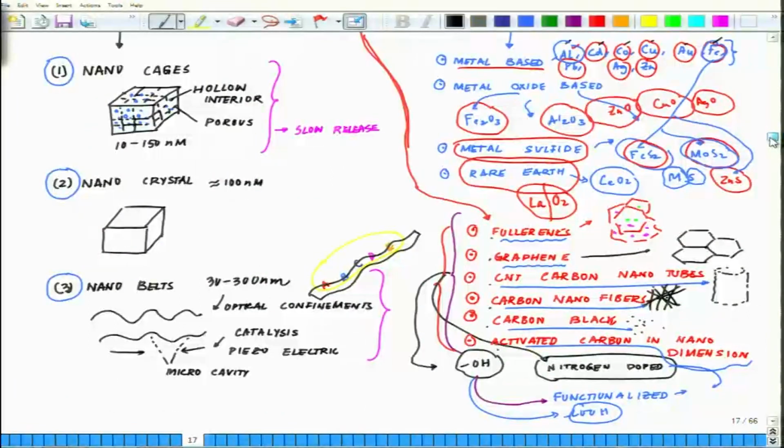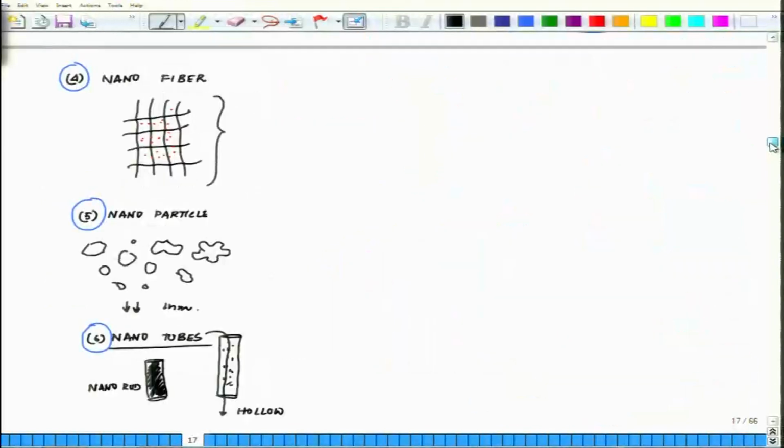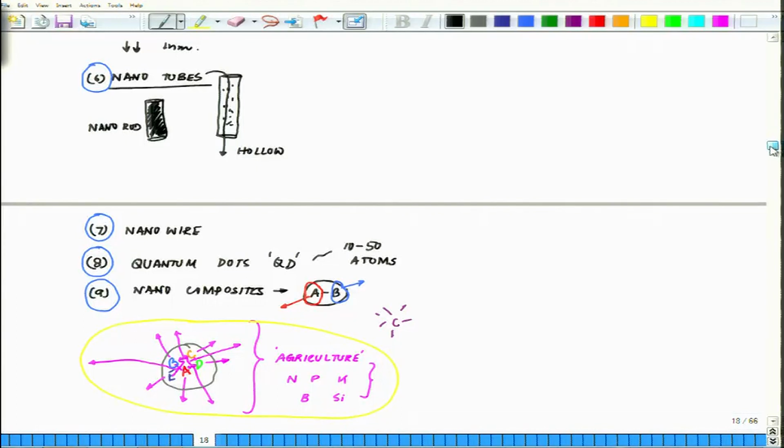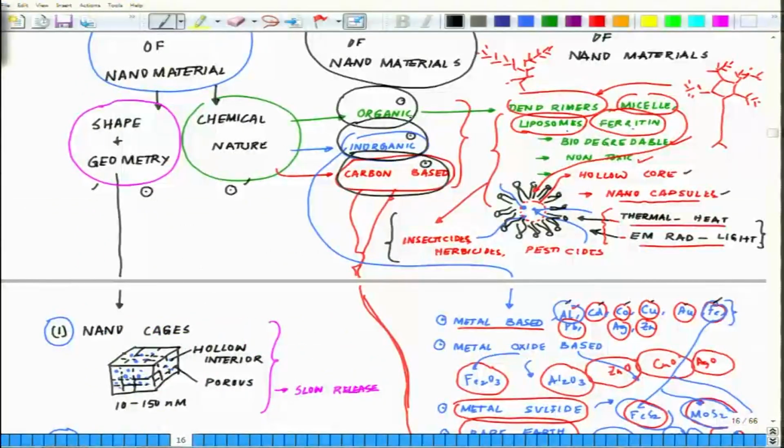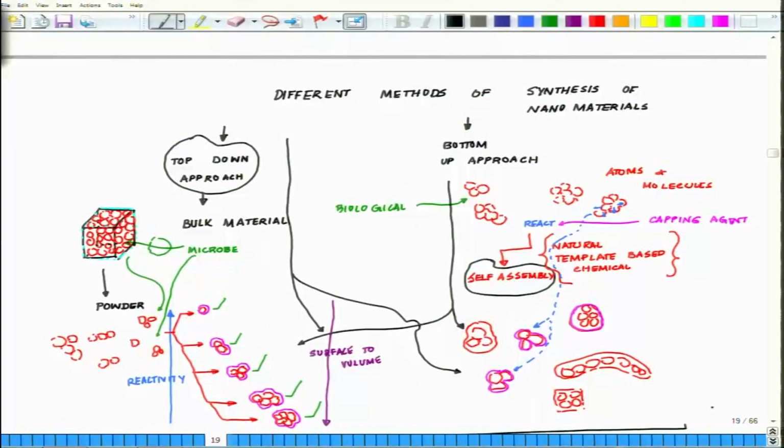There we talked about nano cages, nanocrystals, nanobells, nanofibers, nanoparticles, nanotubes, both hollow and solid, nanowires, quantum dots, and nanocomposites. Okay. Then in terms of the chemical nature, they could be either organic, inorganic, or carbon based. And in terms of the synthesis, we could have either top down approach or bottom up approach,